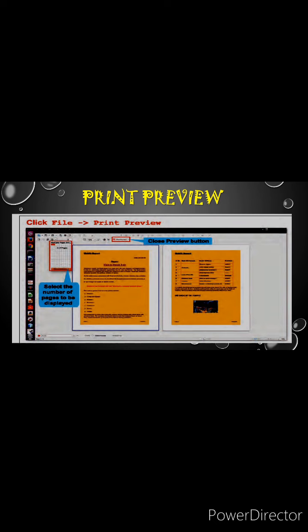For that you have to click the file, then select print preview. You can see the pages and all the alignment is proper. You can have one look. Then in the next slide,